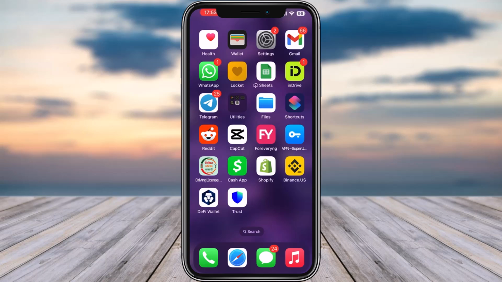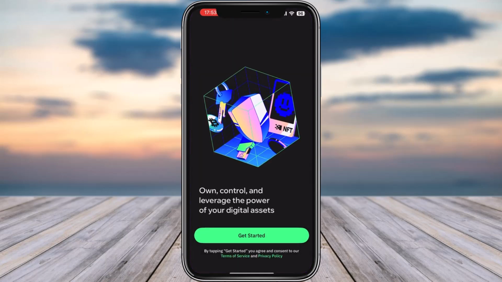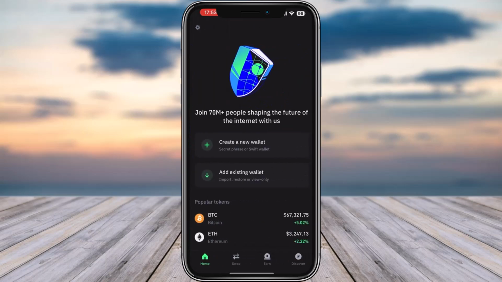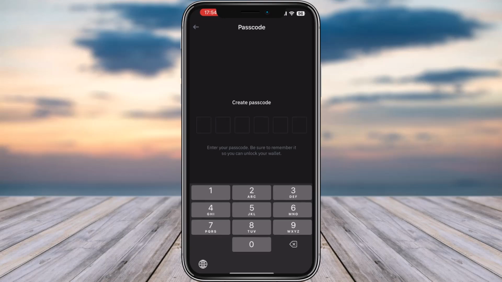Let's get started. For that, simply go ahead, open up your Trust Wallet on your phone, and tap on Get Started given at the bottom. You can see two options will pop up: create a new wallet and add existing wallet. Tap on create a new wallet, create yourself a password,